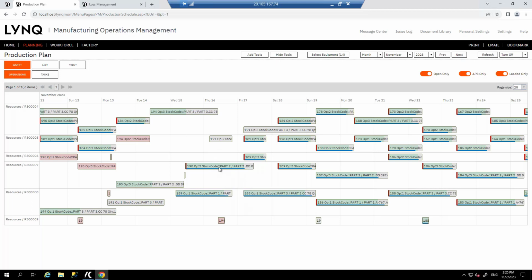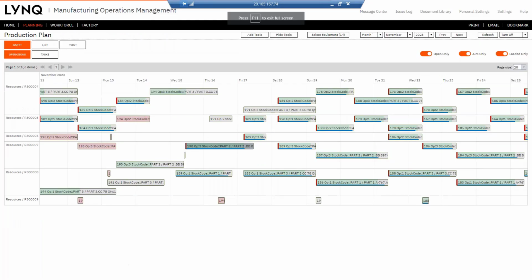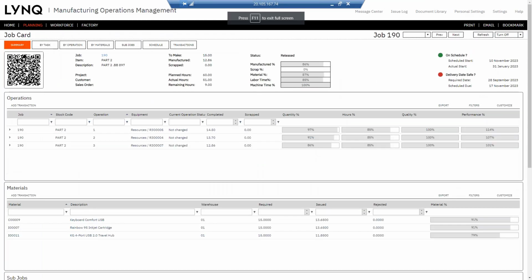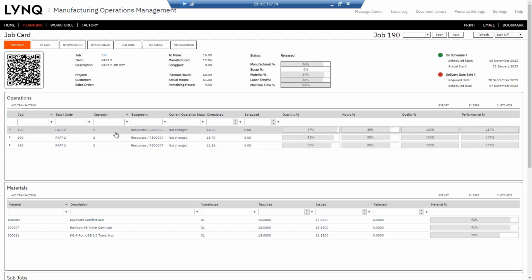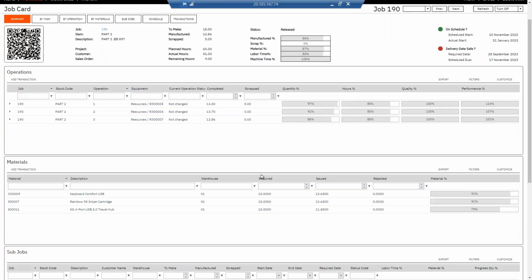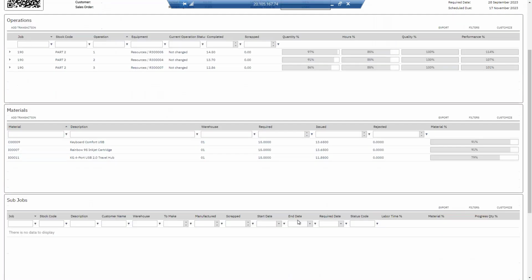And from here, if I wanted to, say you've got a tablet PC or you want to drill into the production order, you just click on it with your finger and it will open up into what's called a job card. And this would show you, there's the production order. If it was linked to a sales order customer, you'd see that detail there. What it is you've got to make: planned hours, actual hours, remaining hours. Here are the stages, the operations, and you can see their progress, the materials, in this case, they've been issued.